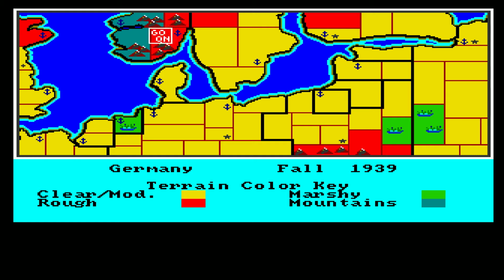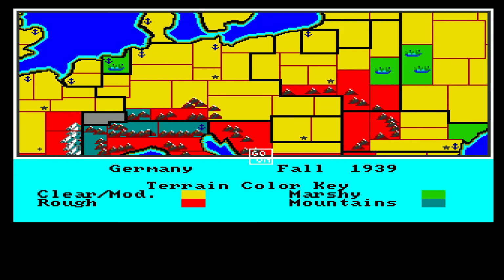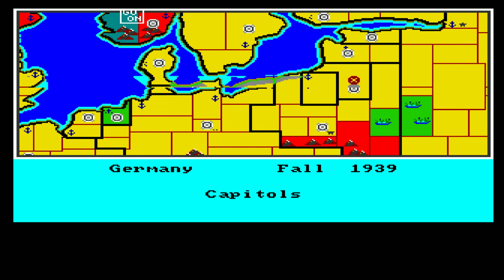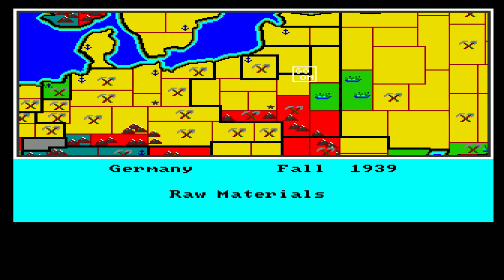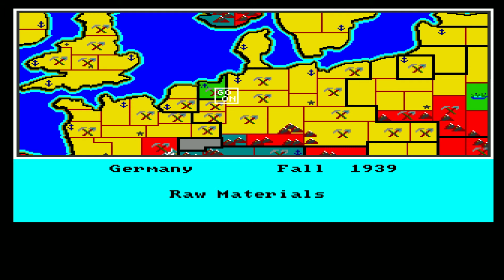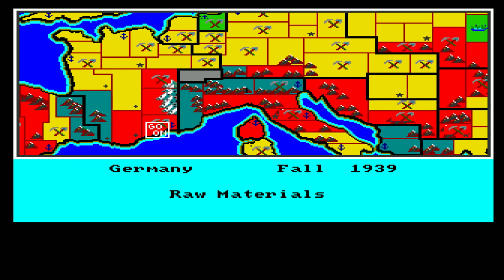That's because it's mountains, but it's still not that hard to get through, but it is harder than normal areas, and marsh is also a problem. So, and then you can see the capitals of each area also. That's also good knowledge. And the raw materials, as you can see, just where there is raw materials, not how many, and that's a really good one. You can see here both in Holland and in Belgium there's raw materials, and in France there's a lot of raw materials here,